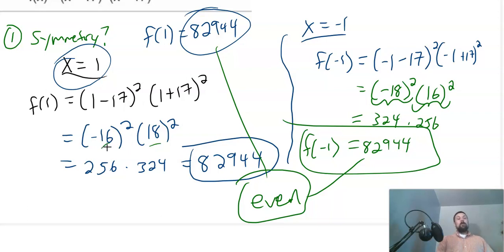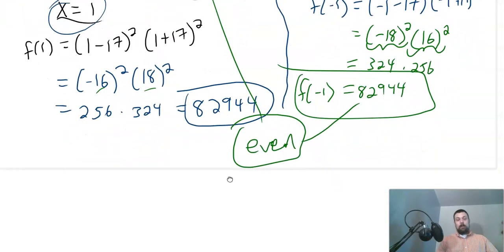Because we're going to get the same two numbers here every time, no matter what we plug in, like 2 and negative 2, we'll get the same two numbers here that we get over here. Except the signs will flip, but the squaring makes that irrelevant, right? Because whether one's negative or positive, it doesn't matter. When we square it, they both come out positive. So every time we're going to get the same answer when you plug in the same number, but with opposite sign, right? So we're kind of taking a risk here. It worked this time. I'm going to assume it's going to work every time and that it's an even function,